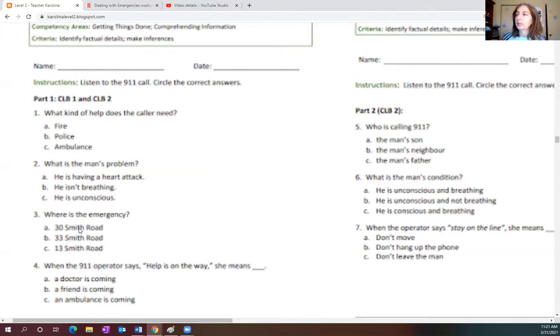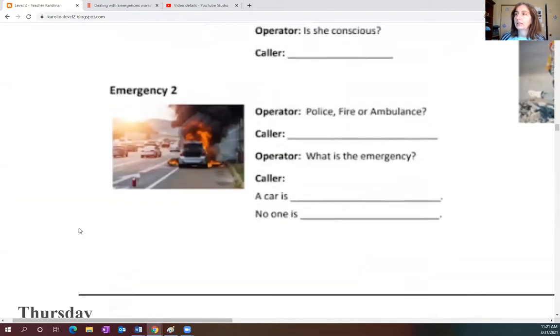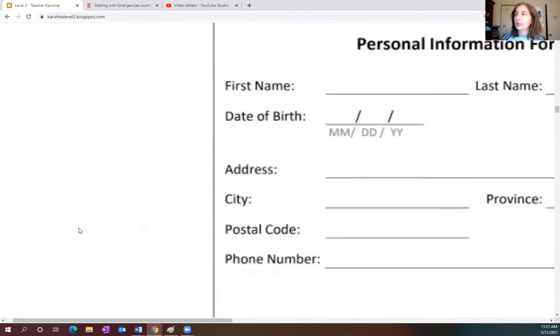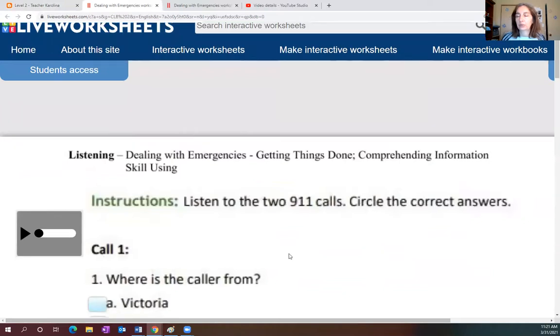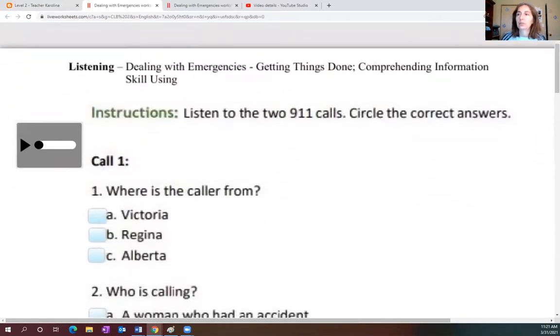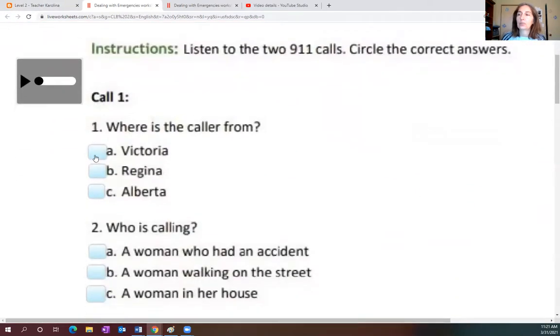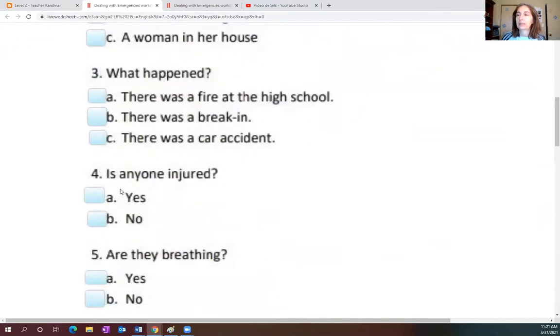So the good answer. The same as the practice test. Many of you already finished. I will show it to you, and that's how your listening test will be tomorrow. So the same as this one. You had to listen, and then you just had to click on A or B or C, whichever was the good answer.